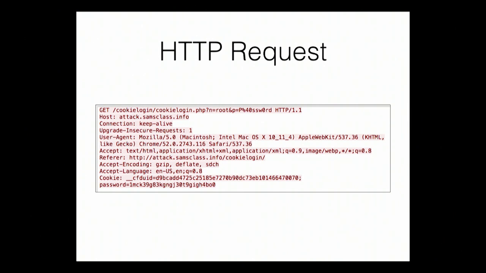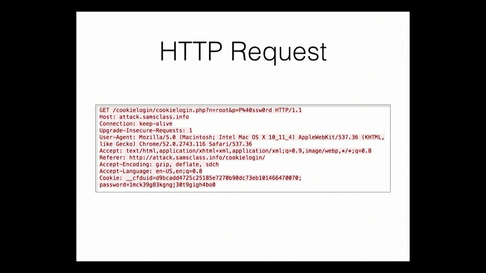So the HTTP request is just several lines of text. You can see it in Wireshark, or Chrome Developer Tools, or Burp, or any of a variety of tools that let you see the raw traffic. This is what really happens when you click on a link in your browser. It sends a GET to a server, and this particular one is one of my websites intended to be hacked into, so it does everything wrong, like healthcare.gov. It goes to a PHP, and it just puts your username and password right here in the URL